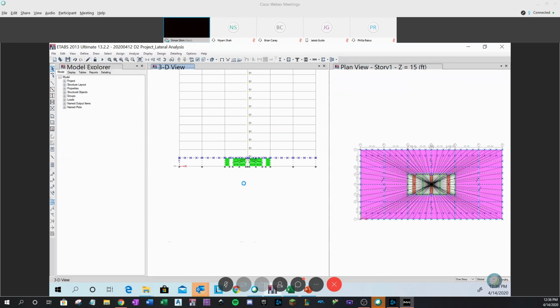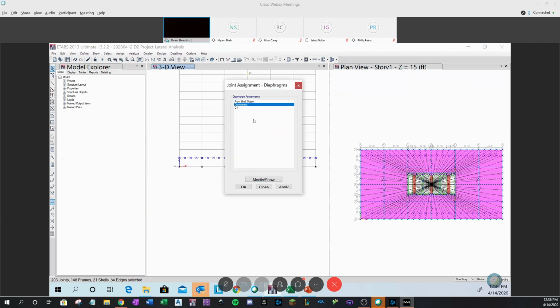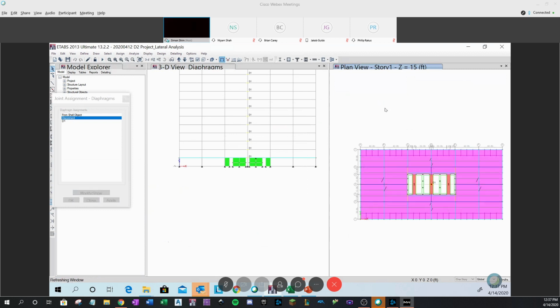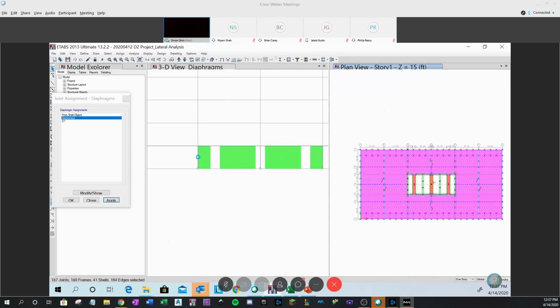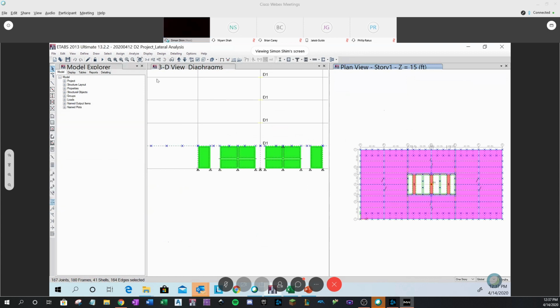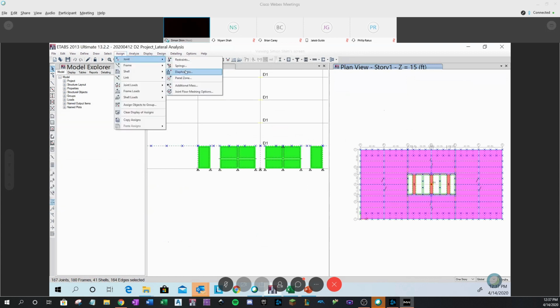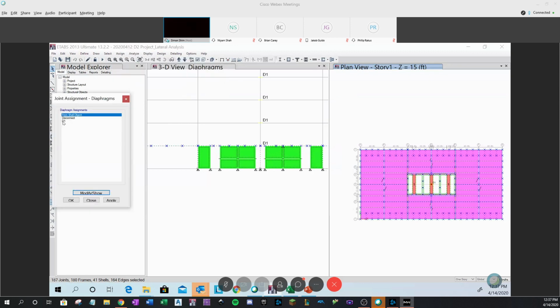Let me turn off the diaphragm. I'm going to delete the old diaphragm. So no diaphragm, right? Then I'm going to select all the nodes to assign the diaphragm. See that all the nodes are selected here. So if you assign joints and assign the diaphragm E1,